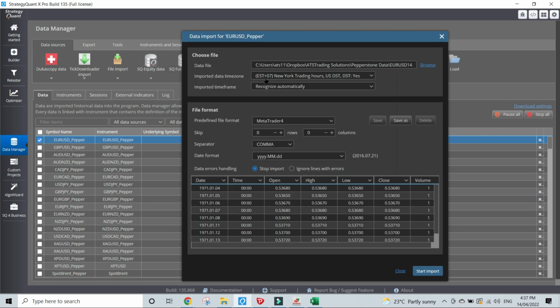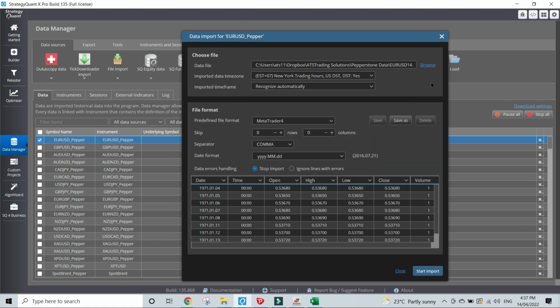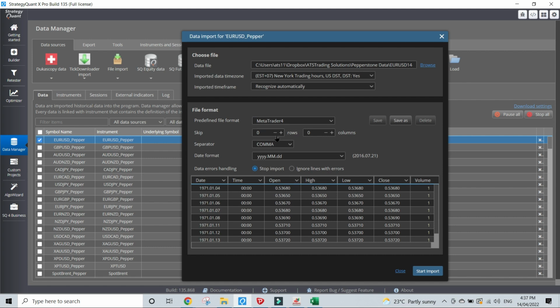Do I want it to be in Eastern Standard Time plus 7, New York time with DST, Daylight Savings Time, activated? Yes. I want this to be in UTC plus 2 with Daylight Savings. So I select this. If you're using UTC plus 2, just select it from the listing here with Daylight Savings activated. The imported time frame is recognized automatically. It comes from MetaTrader as a data source, this particular data. That's set to 0, comma delimited